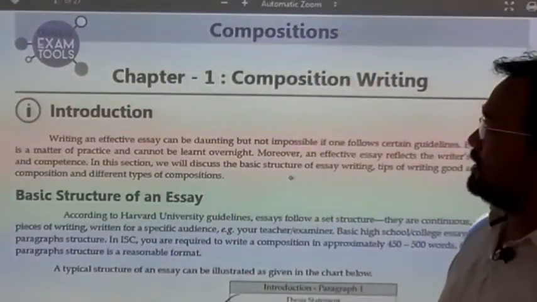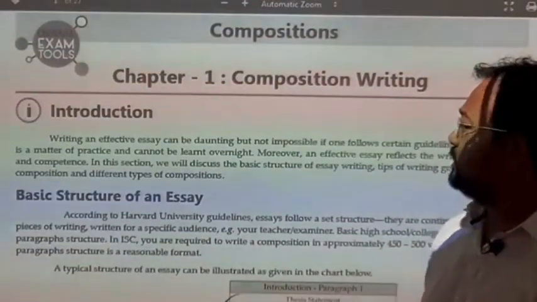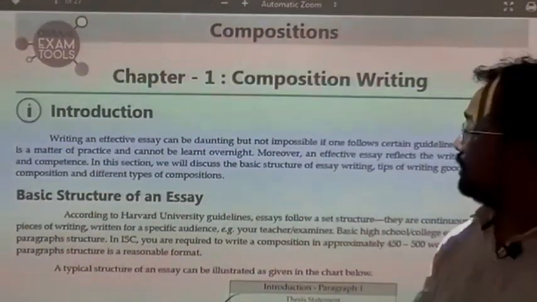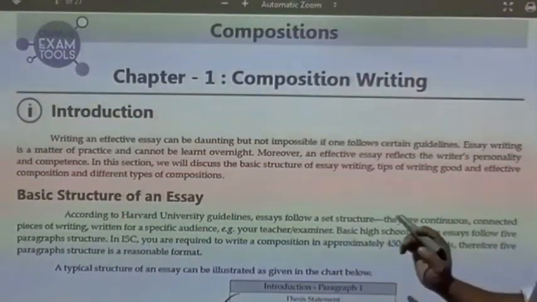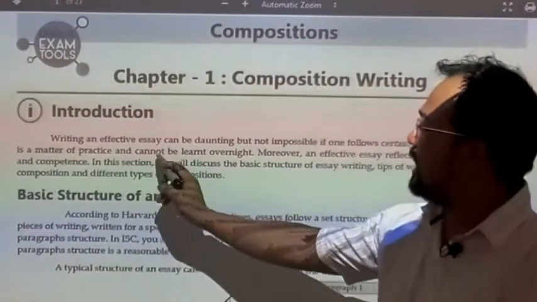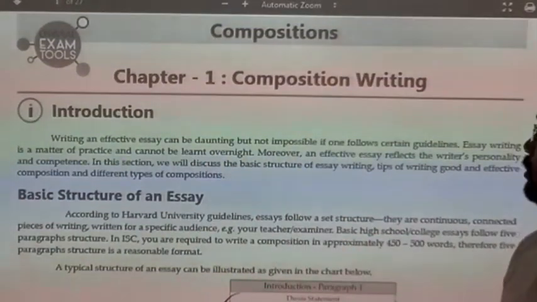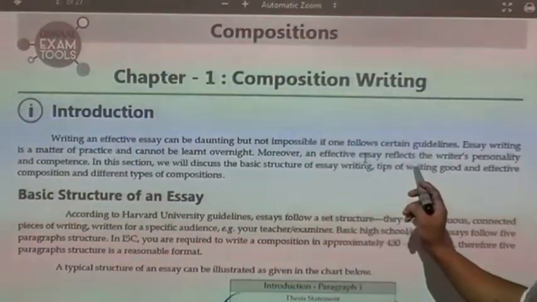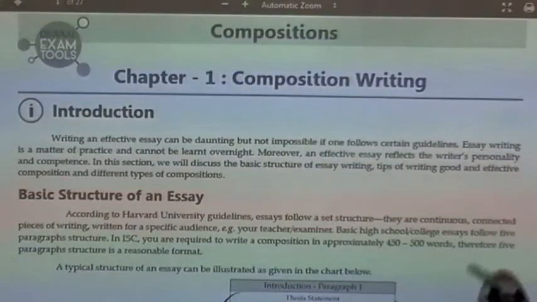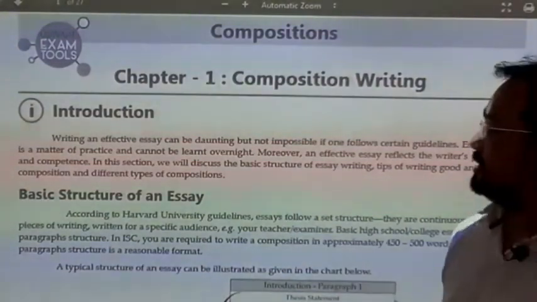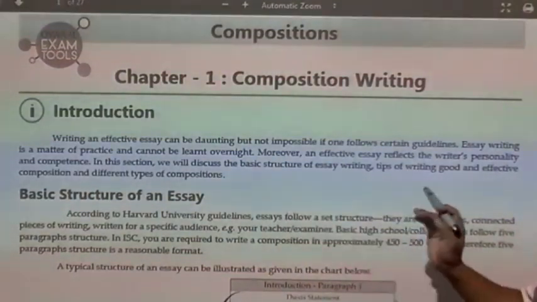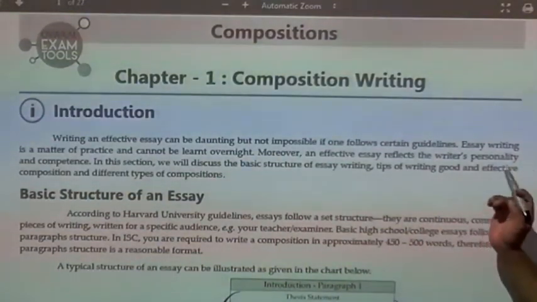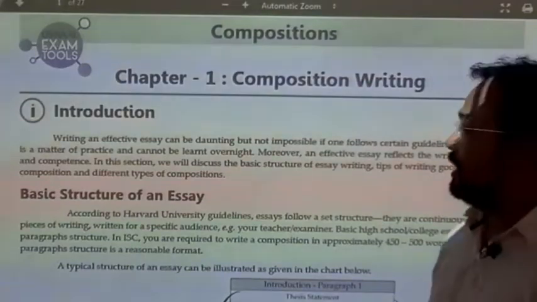First, writing an effective essay can be daunting but not impossible. If one follows certain guidelines, essay writing is a matter of practice and cannot be learnt overnight. Moreover, an effective essay reflects the writer's personality and competence. In this section, we will discuss the basic structure of essay writing, tips of writing good and effective composition, and